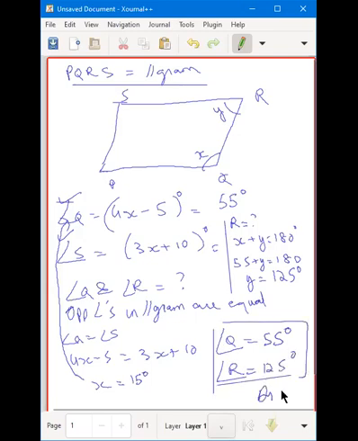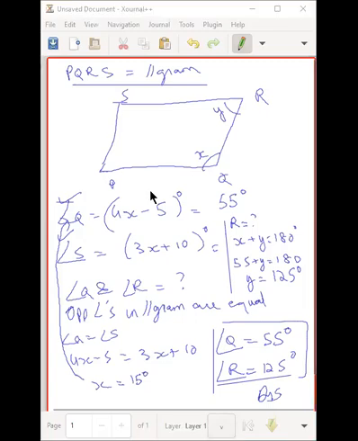So that was the answer, right? The basic property that we needed in this one was that the opposite angles are equal and the co-interior angles are supplementary. Is this clear, everyone? Anyone did not get this? Okay, we will be doing a few more examples tomorrow.